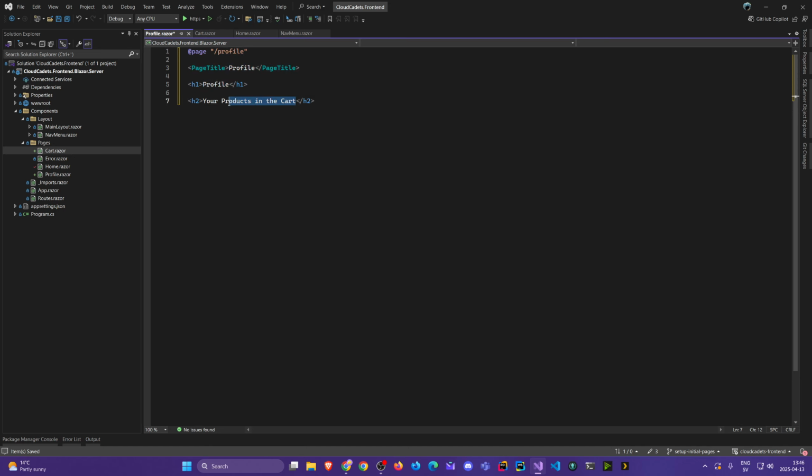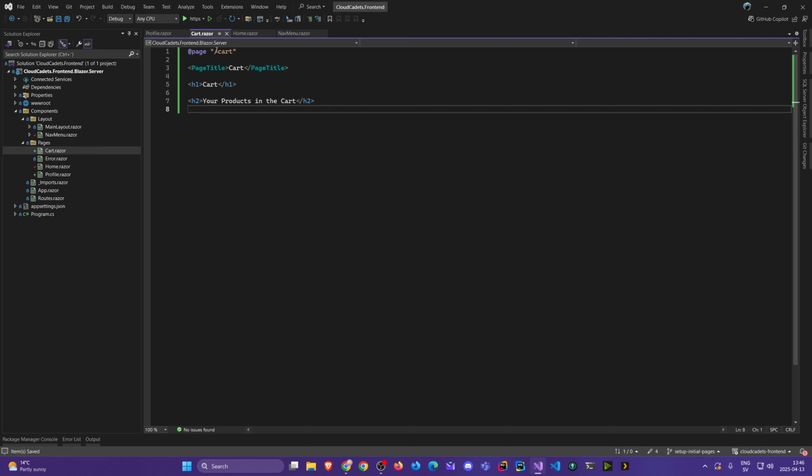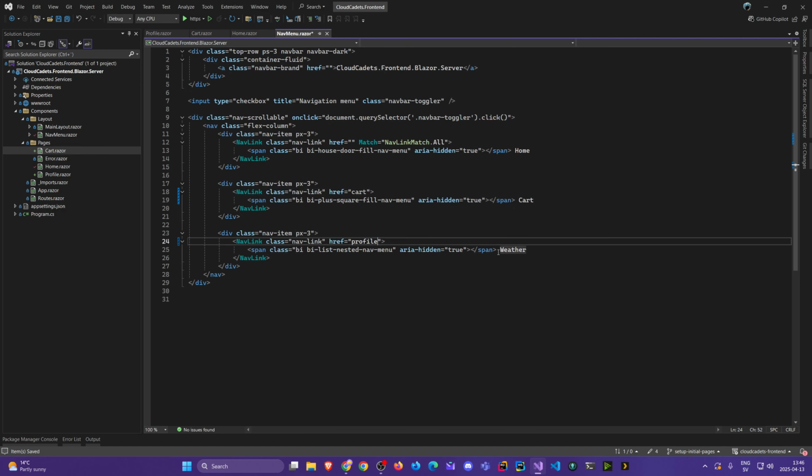And then here we will have your profile details, whatever. 3 pages, I think that's enough for now. We could go to the nav menu. We can remove the initial ones of counter. We can start with the cart, and the route for it will be cart, as we said up here, right? And the profile, we set to profile. So we can copy that, come here, profile,